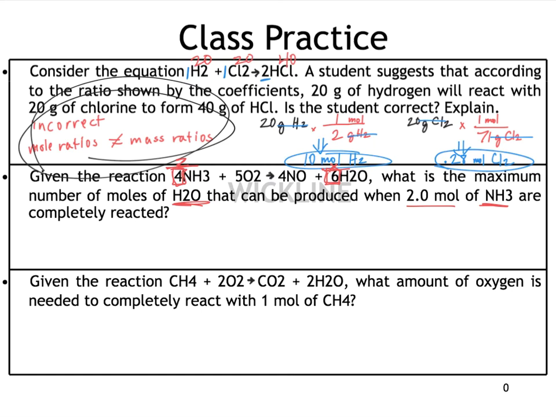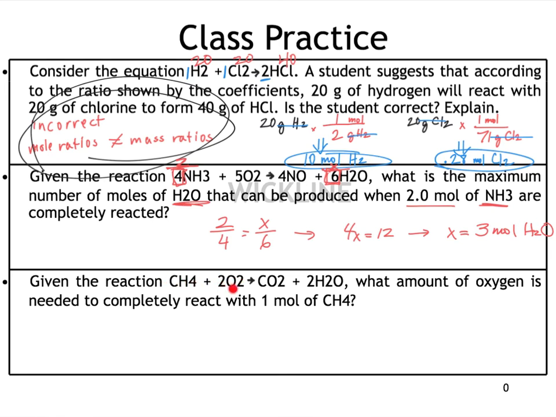So our basic ratio equation, or proportion, is 2 over 4 equals x over 6. And in the next step, you'll see that 4x is 12. And in the next step, you'll see that x is 3 moles, in this case, of water. Okay, let's do another example. Given the reaction equation,